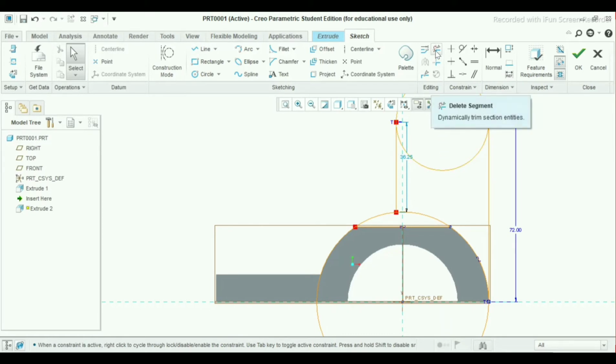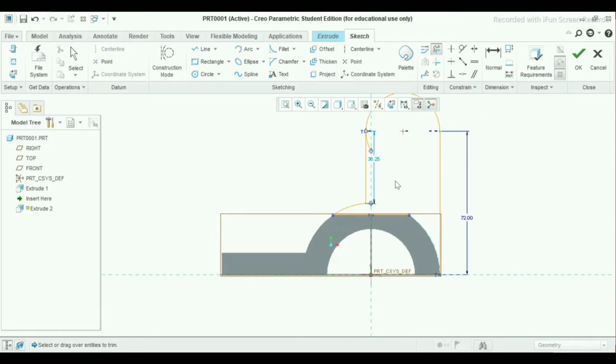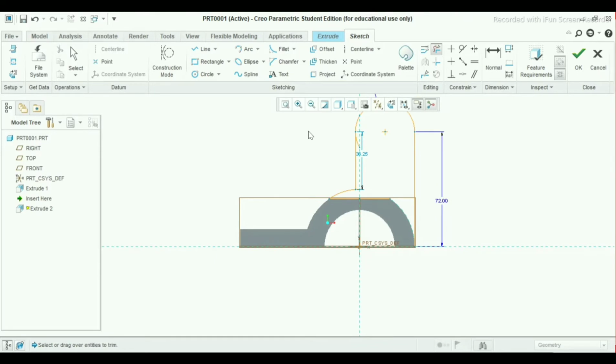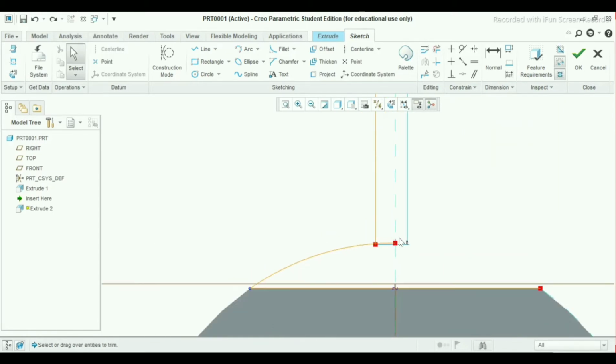Now go to delete segment. Delete these extra arcs that we have created. Press scroll button. Zoom it.